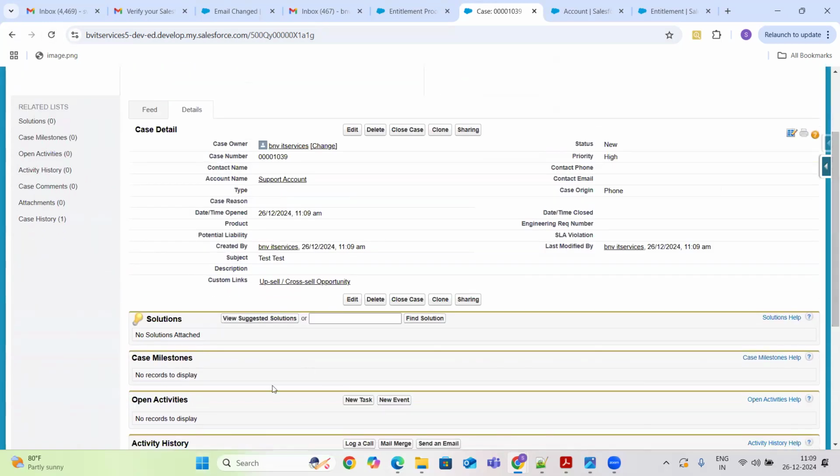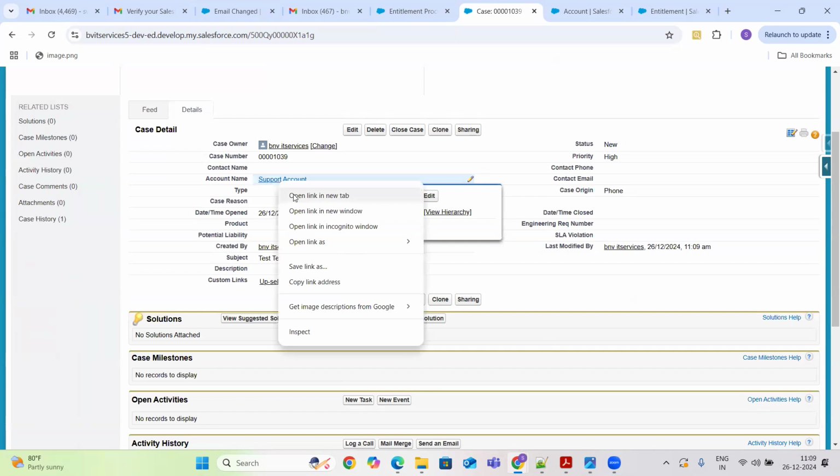It should display 3 milestone records here, guys, because it has 3 milestones for that entitlement process. So this is the account.